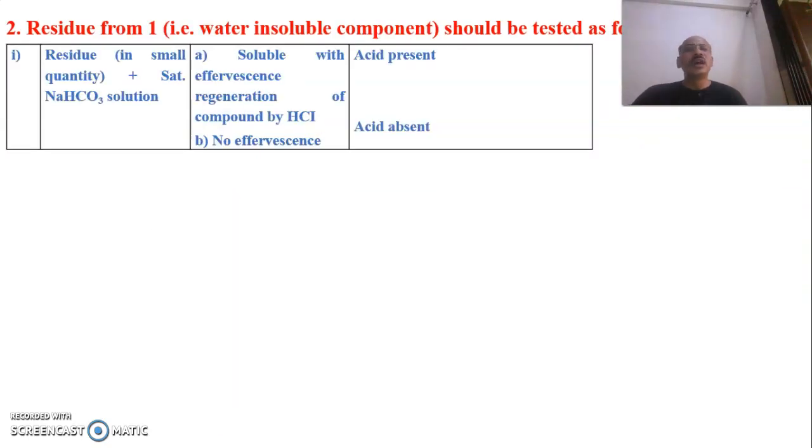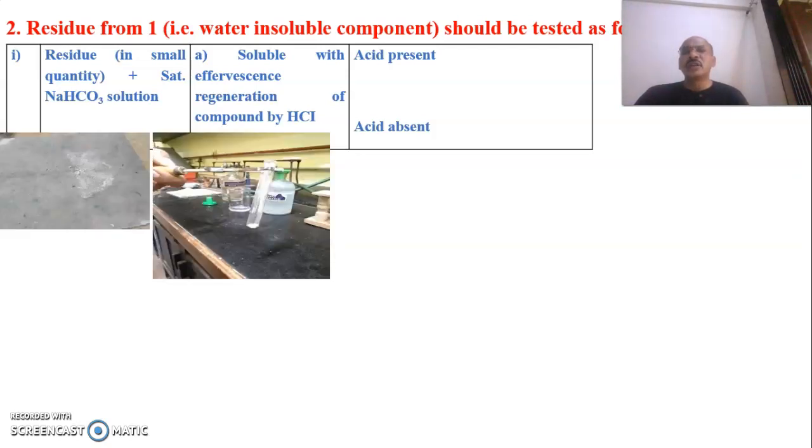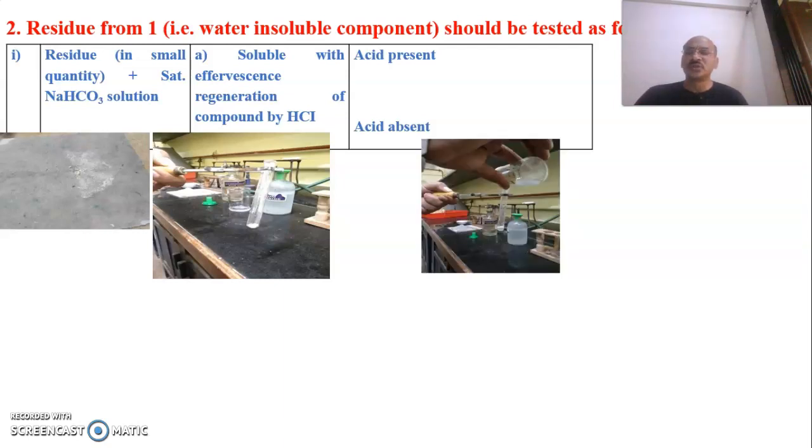Now first, we will do that for acid, because the water soluble compound and water insoluble compound we are going to separate by a physical method, so there is a possibility that soluble acid and insoluble acid are mixed together. So we have to perform the test of acid also for the residue, and that is with sodium bicarbonate. So you have to take that residue. We will add sodium bicarbonate. From the beaker I am adding, and effervescence of CO2 is coming out.